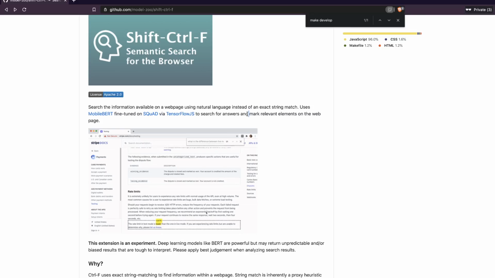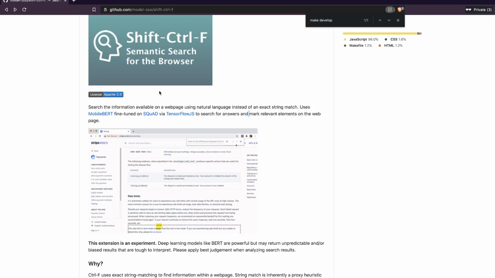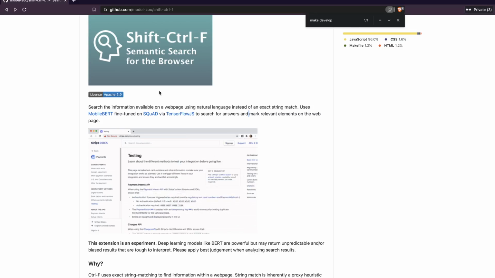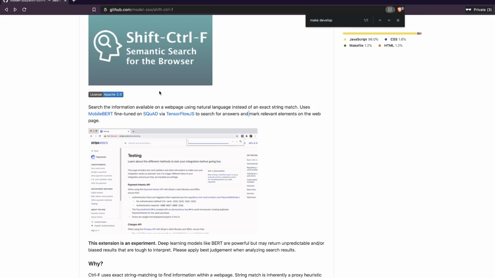So what is happening behind the scenes? It's a MobileBERT that is fine-tuned on the SQuAD dataset. SQuAD is a question and answer dataset. You would have probably seen it in a lot of benchmarking, especially question and answer related natural language processing benchmarking. And the beauty of this entire thing is it happens locally in your browser, which means you can even use it for your official purposes. You don't have to worry about data security because nothing goes to the server or anything. So it's a locally built, locally working extension.